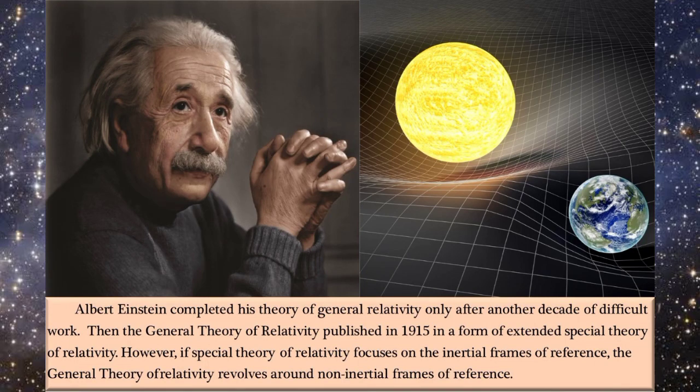Albert Einstein completed his theory of general relativity only after another decade of difficult work. So, the general theory of relativity, published in 1915, is a form of extended special theory of relativity. However, if special theory of relativity focuses on the inertial frames of reference, the general theory of relativity revolves around